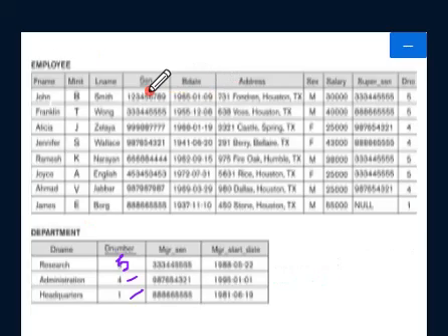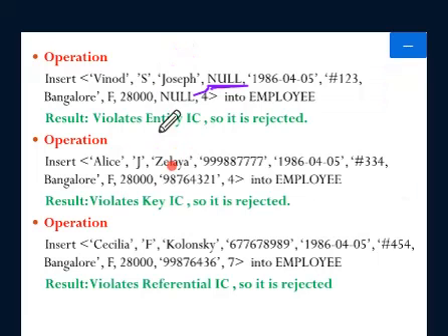I am entering null values into the SSN, which is defined as a primary key. I have defined SSN as primary key. You can just see here 1, 2, 3, 4. The fourth attribute value I am entering is null, which is SSN, a primary key. So what type of constraint is it violating?